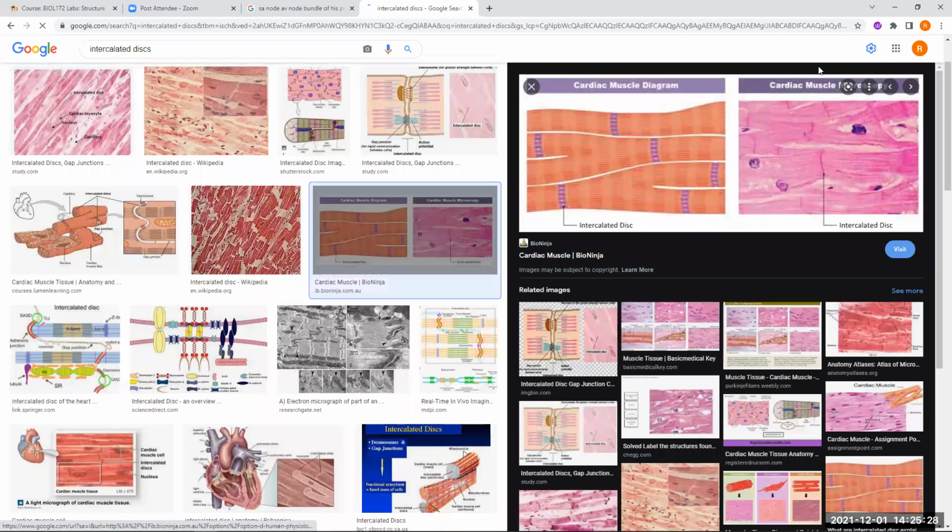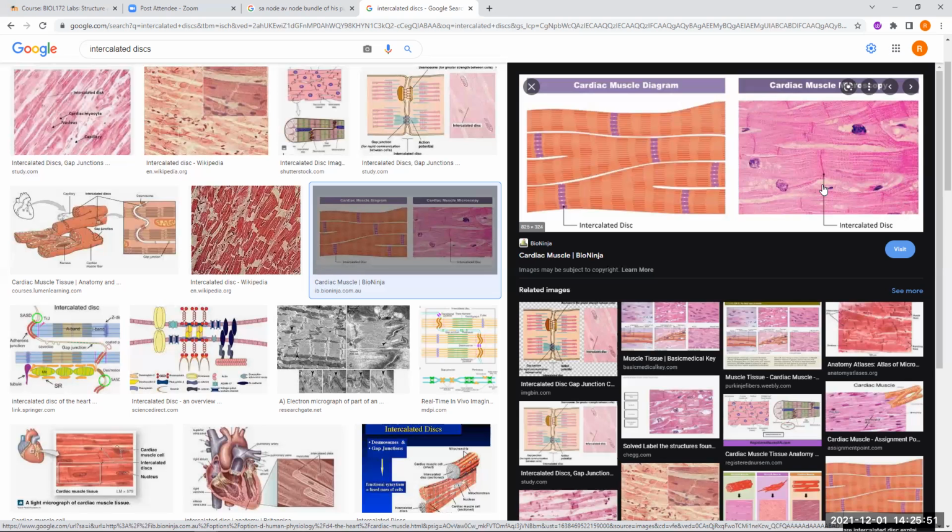So when you're looking at cardiac muscle, you see these lines, they come down, and that's how you can tell the difference. They are known as intercalated discs. The intercalated discs are really extensions of the electrical conductive system associated with the heart. So while we do have the initiation of the beat of the electrical